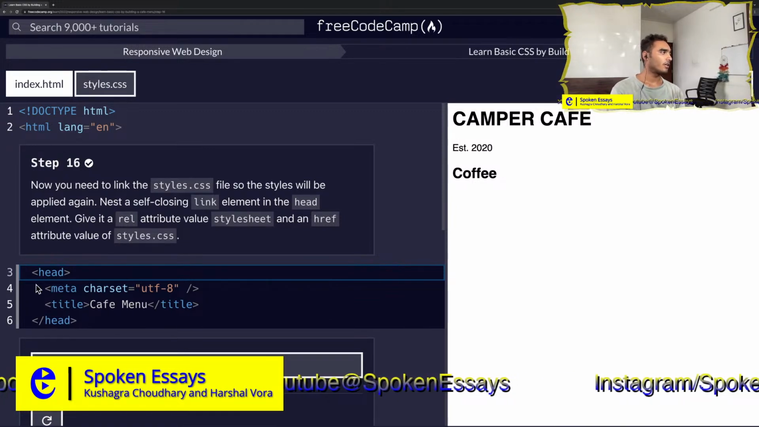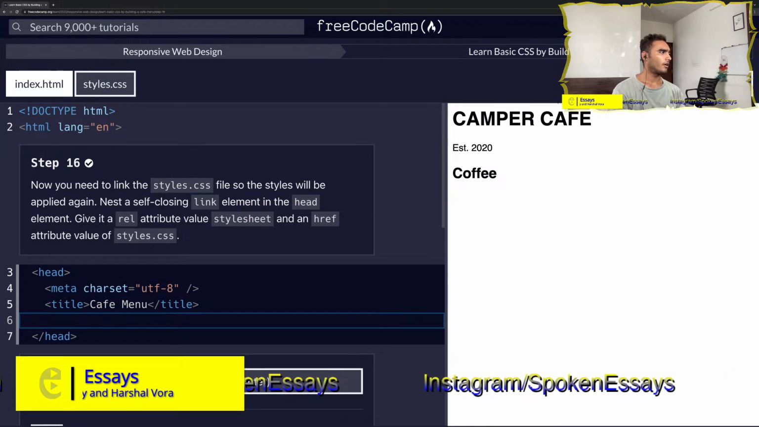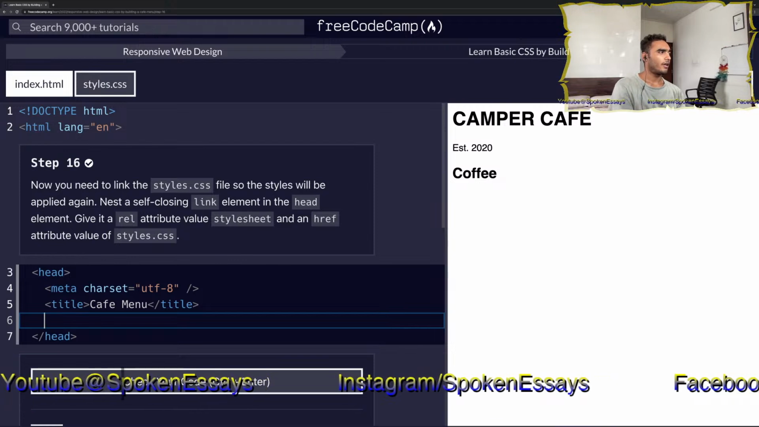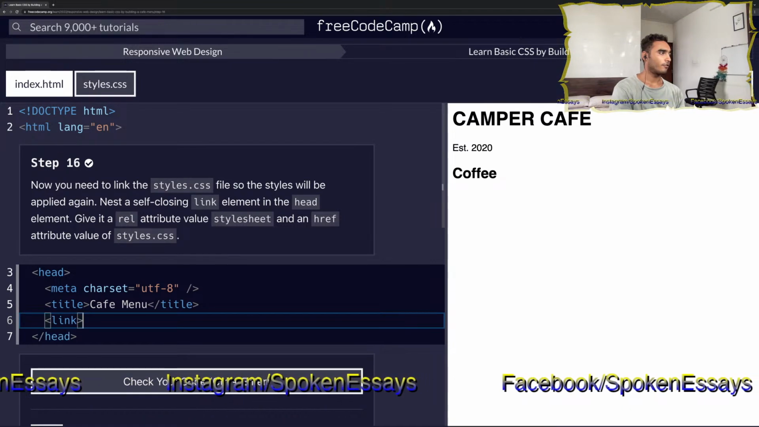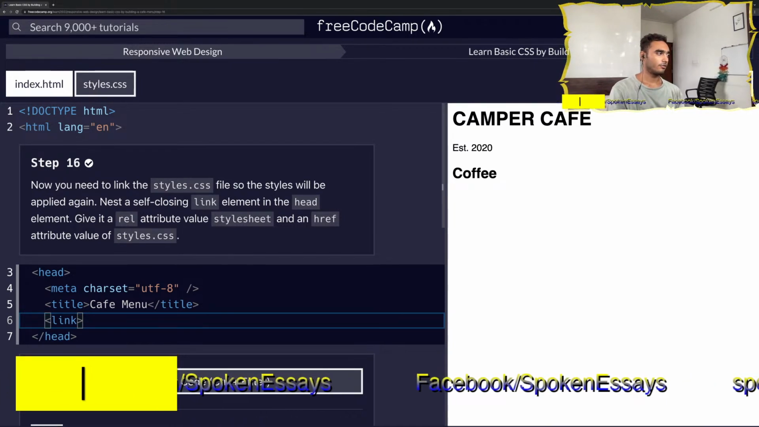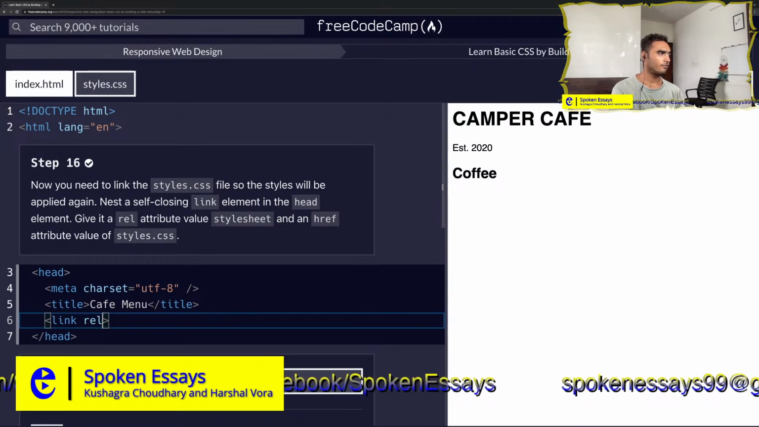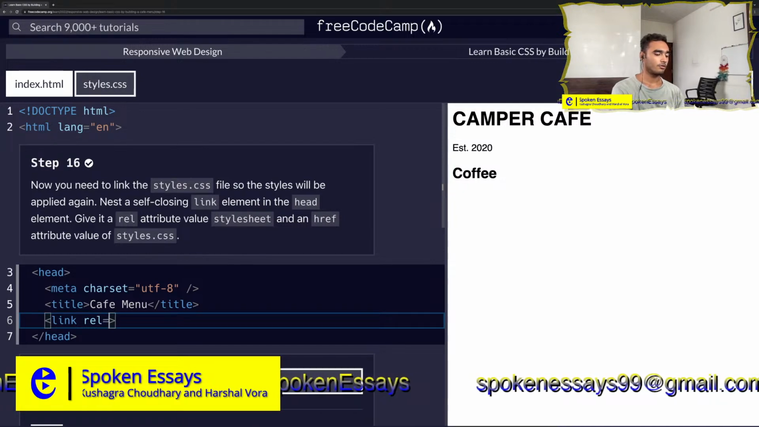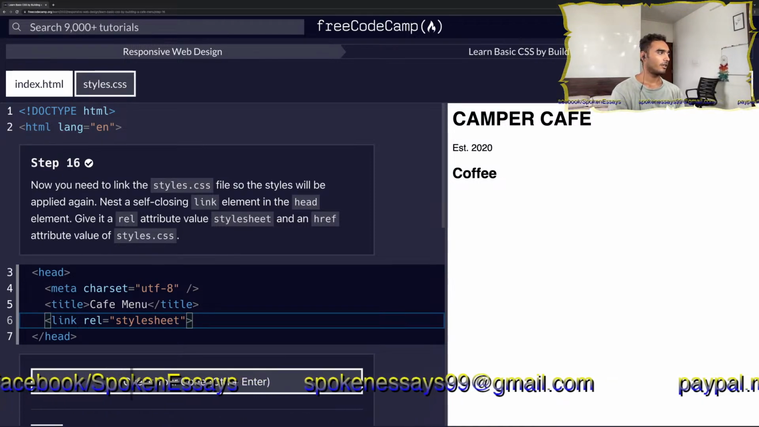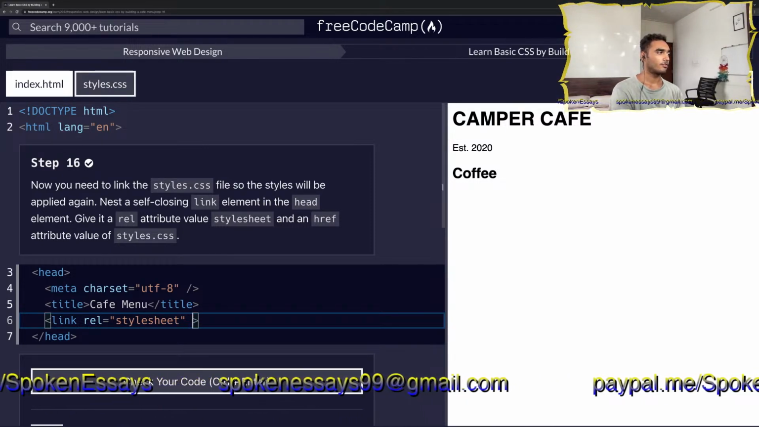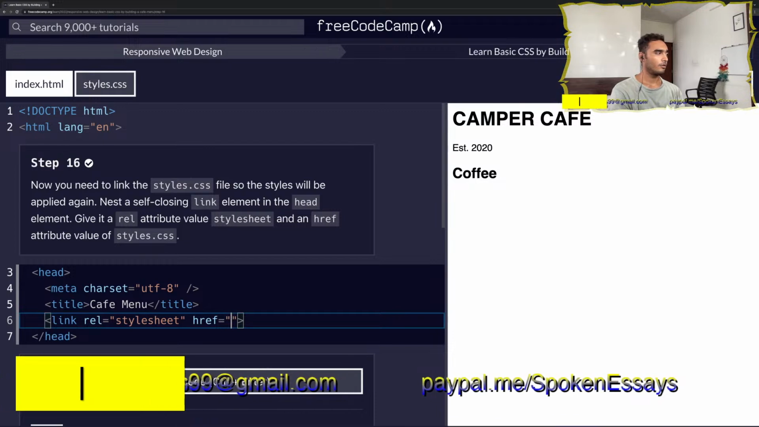So what I'll do is I'll move the cursor here, I'll press enter, and we'll use a new element called link, that is a self-closing element in the head element. So far so good, we're right. And give it a rel attribute value of stylesheet. So I'll write rel equals double quotes stylesheet, and an href attribute value of styles.css. So href equals double quotes